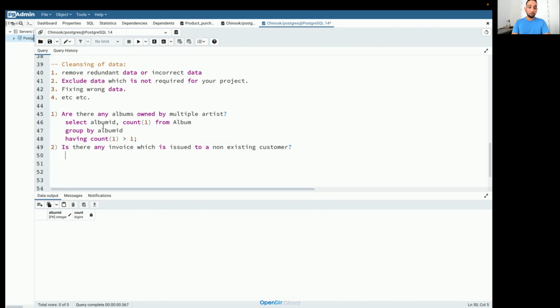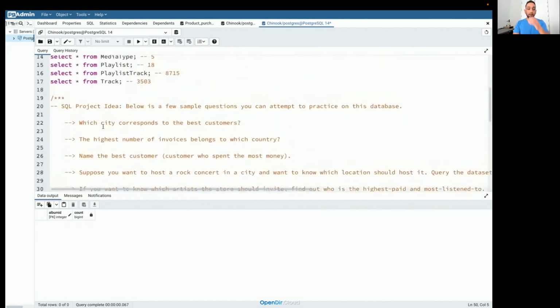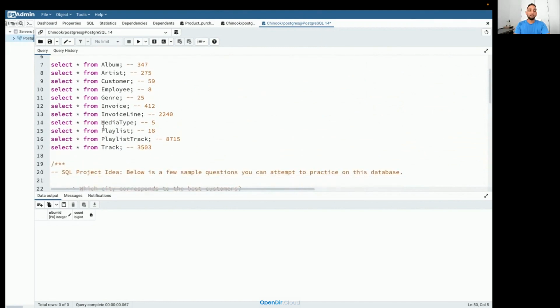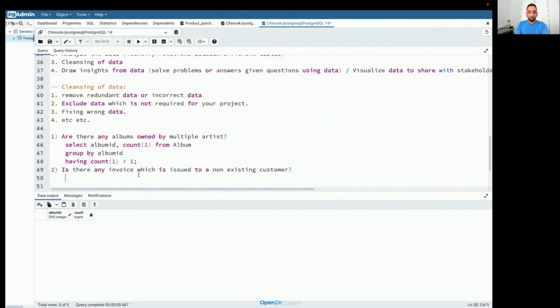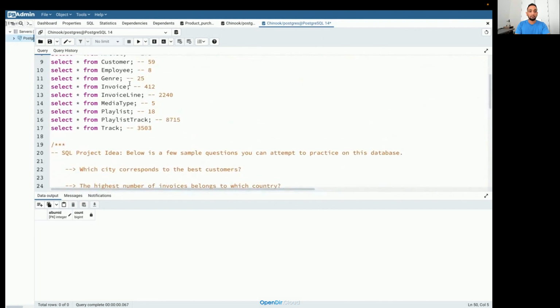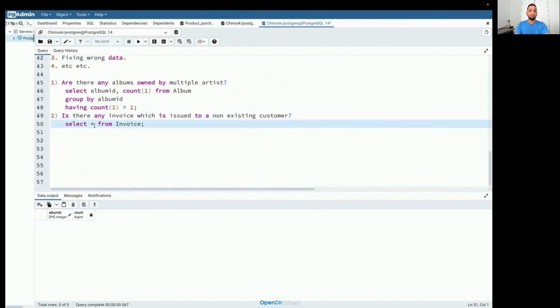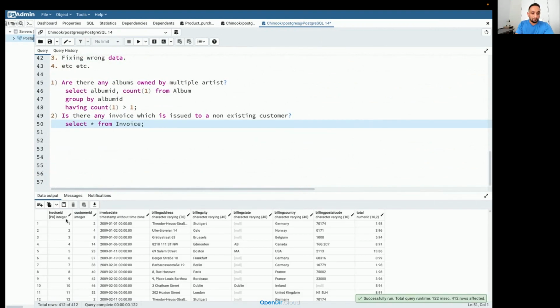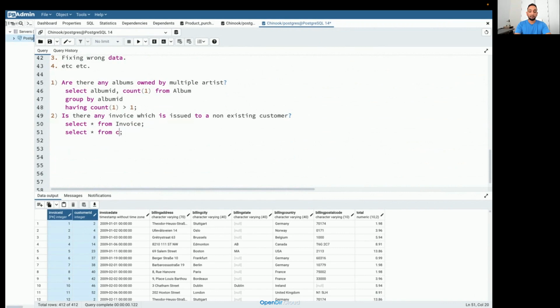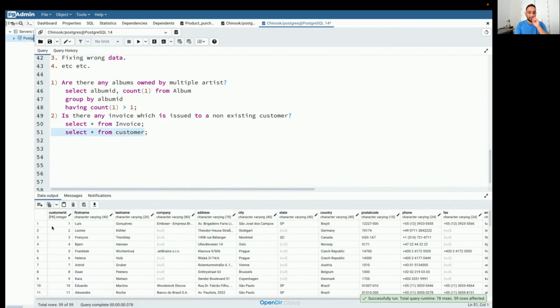I think you guys have already become masters in SQL now. You have answers to almost all the questions very fast. So I have this invoice and I want to know if there is a non-existing customer. Let's go to the invoice table, because this table has both invoice detail and customer detail. I have the invoice ID and the customer ID, and then I have another table, the customers table. So if I want to know if all the invoices belong to a proper customer, I can call the invoice table I, and here I can say where